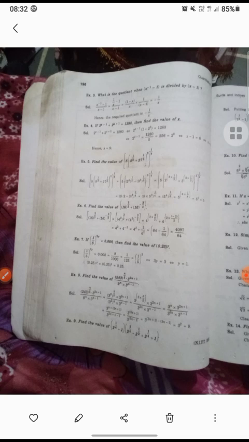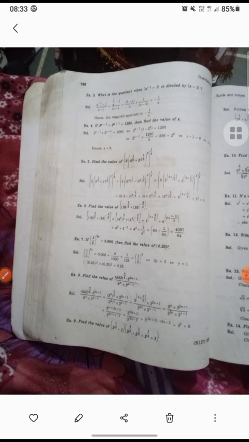Find the value of 5 of 1/8 to the power 1/3 plus 25 of 7 to the power 1/3. So it will convert to 2 to the power 3 and 3 to the power 3, and after solving this we'll get 5 into 2 to the power 3 into 1/3, the 3 cancels with 3, and again it will be 5 and 2 plus 3 to the power 3, and total is 1/4. Again this will be solved as 5 into 5 to the power 3 and 1/4 and 5 to the power 4, and 4 cancels with 4, and 5 will be the answer.